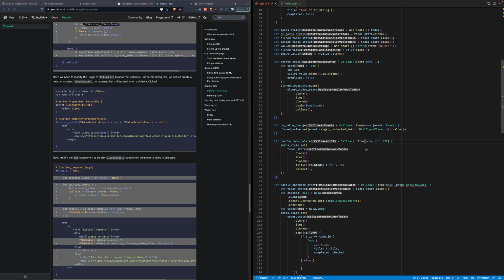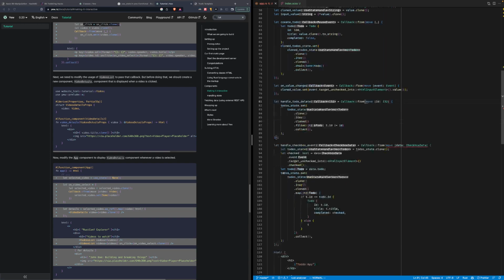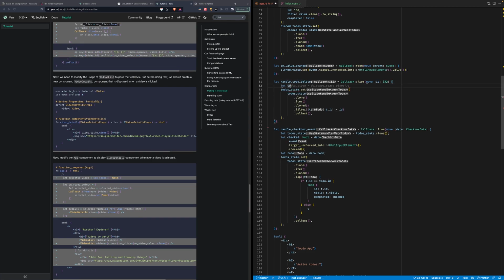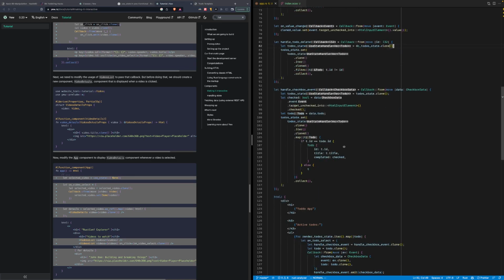Which value? Okay. Which value are we talking about? To-do state? Do we have to clone it? Although we could just rely on DC to do as well. Yeah, I think this should also work. No, I do have to clone it. Interesting. And this solved our problem.